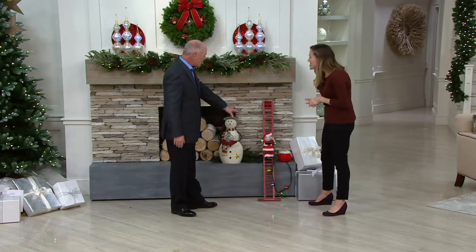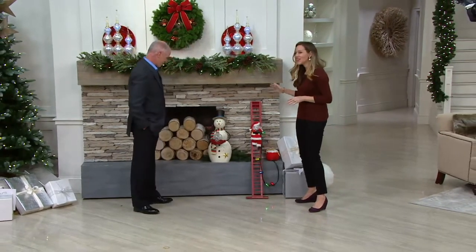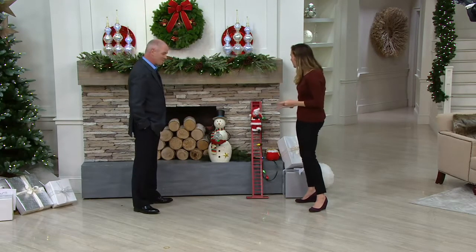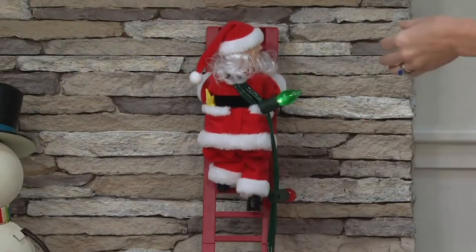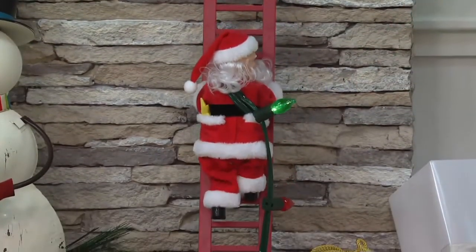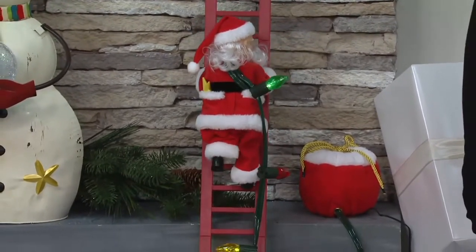This is our climbing Santa. He's going to do the decorating for us. He is so cute. Everyone who walks by stops and says, "What is that?" And that's the kind of reaction you'll get when you get him at home. But the great thing about him is that he just climbs up and down. He's tireless. He keeps going. He's really kind of mesmerizing to watch. And then he does what Mr. Christmas does best, which is song, movement, and light all in one piece,